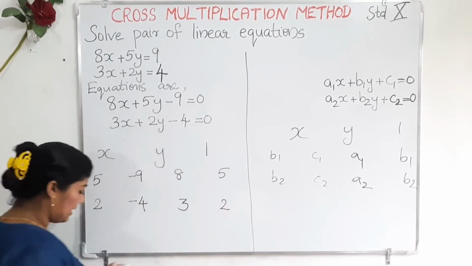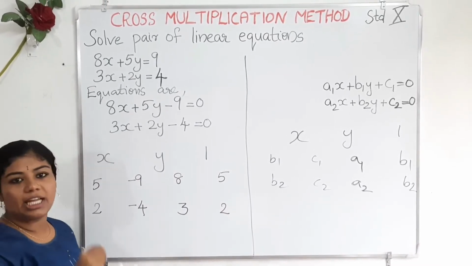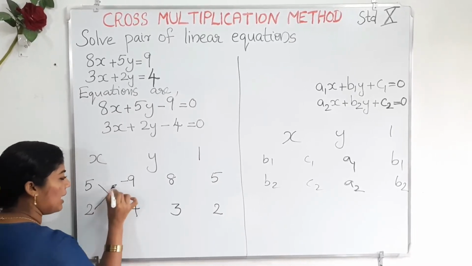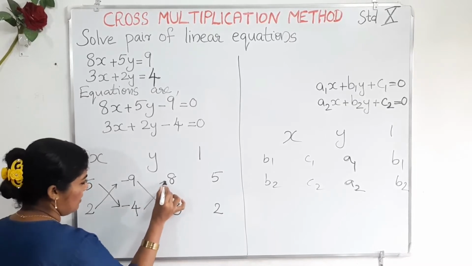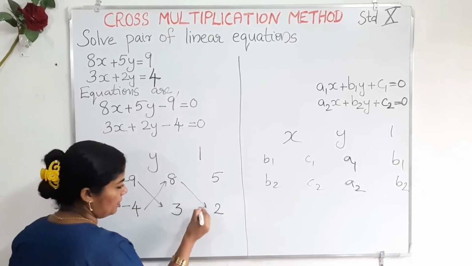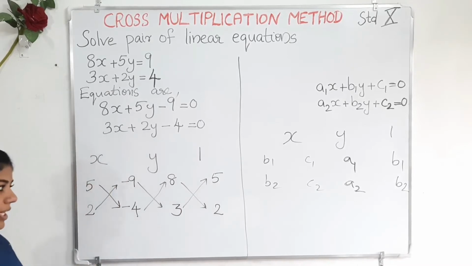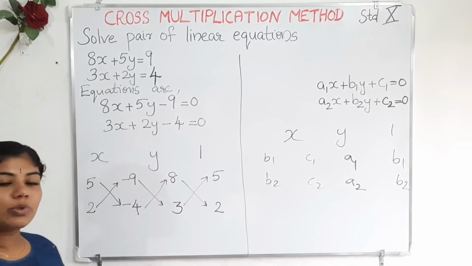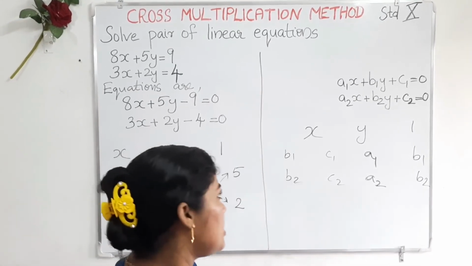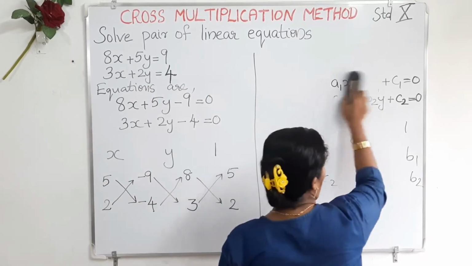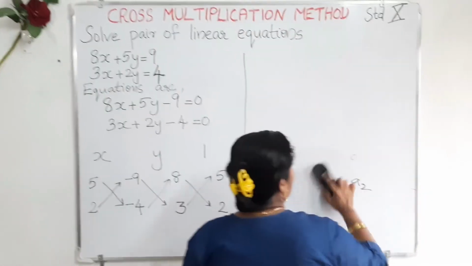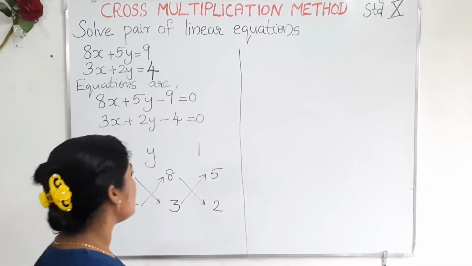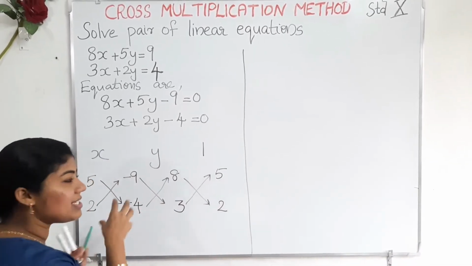Next we draw the pointers, and based on that we do the calculation. You can draw the pointers like this, in between, starting from up to down. So draw the pointers. Now it's clear, these are the x, y, 1 pointers. Now let's move to step 3. In this step 3, I already gave one method or trick to remember it, to avoid mistakes. So let's write step 3 with these numbers.